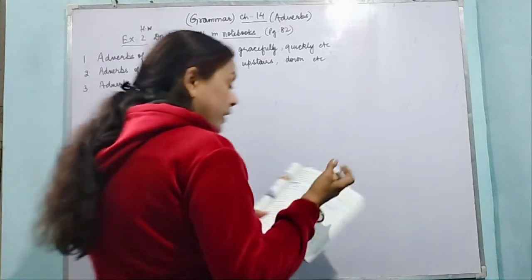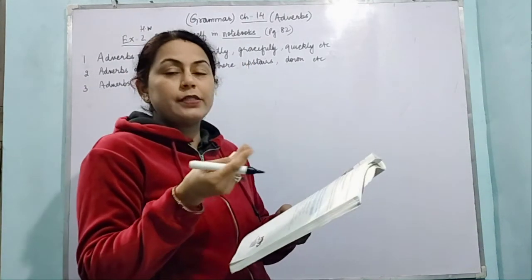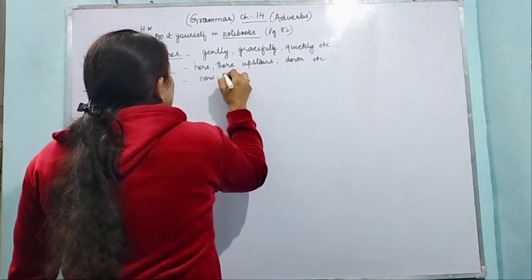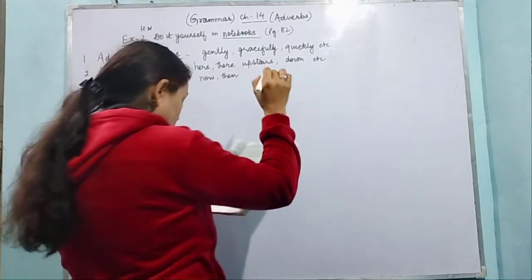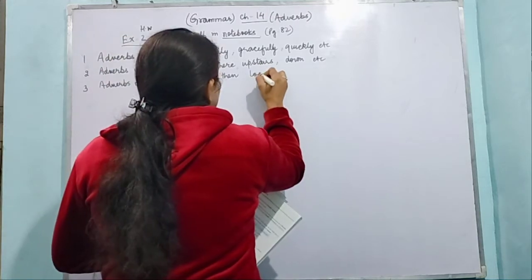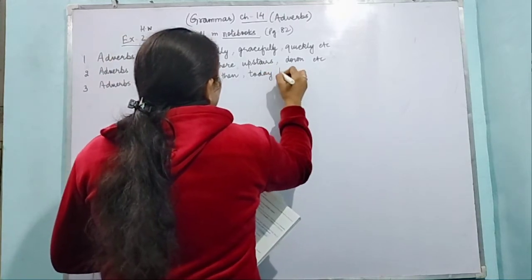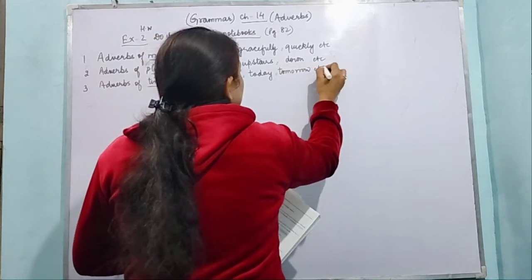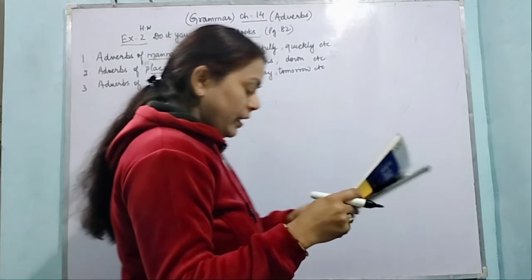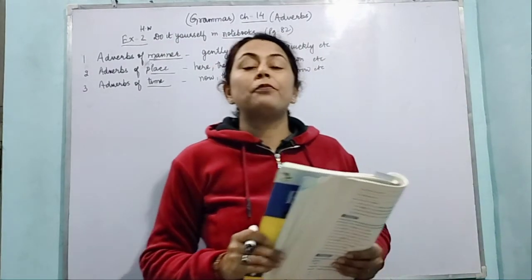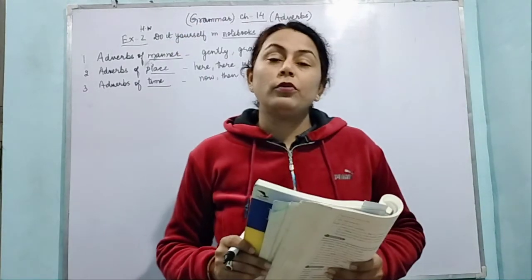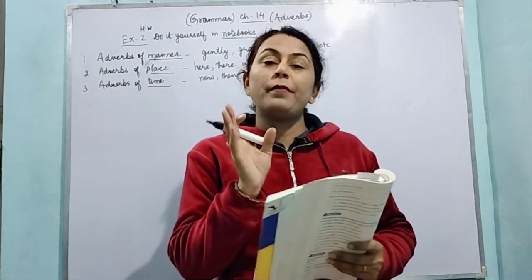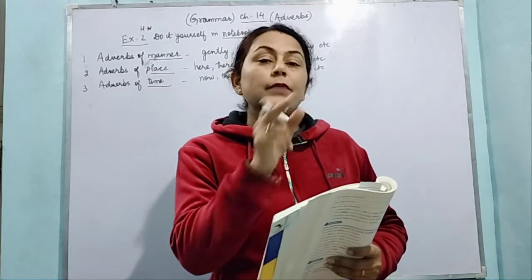Adverb of time, it tells you at what time the action has taken place. For example, now, then, sooner, later, today, tomorrow, etc. So if I say I haven't seen you before, मैंने आपको पहले नहीं देखा, तो इससे आपको पता चल गया कि ये adverb of time है जो हमें ये बता रहा है कि इसने इसे पहले नहीं